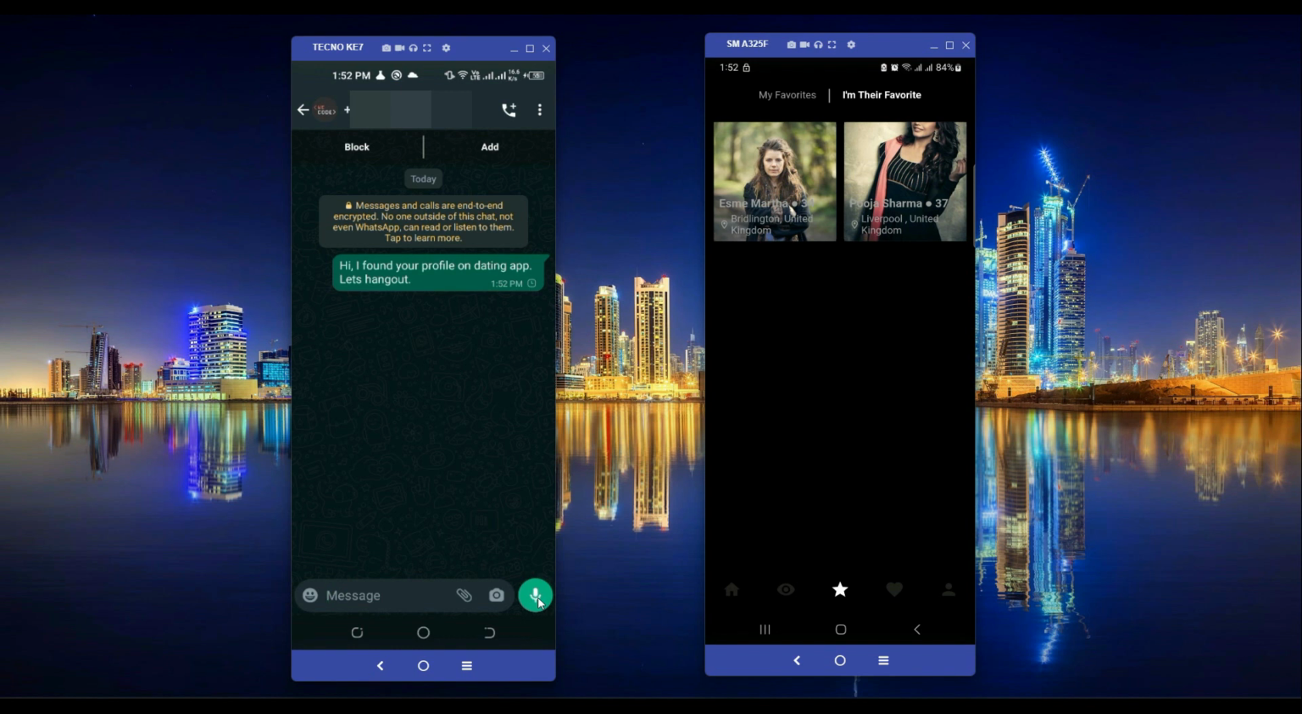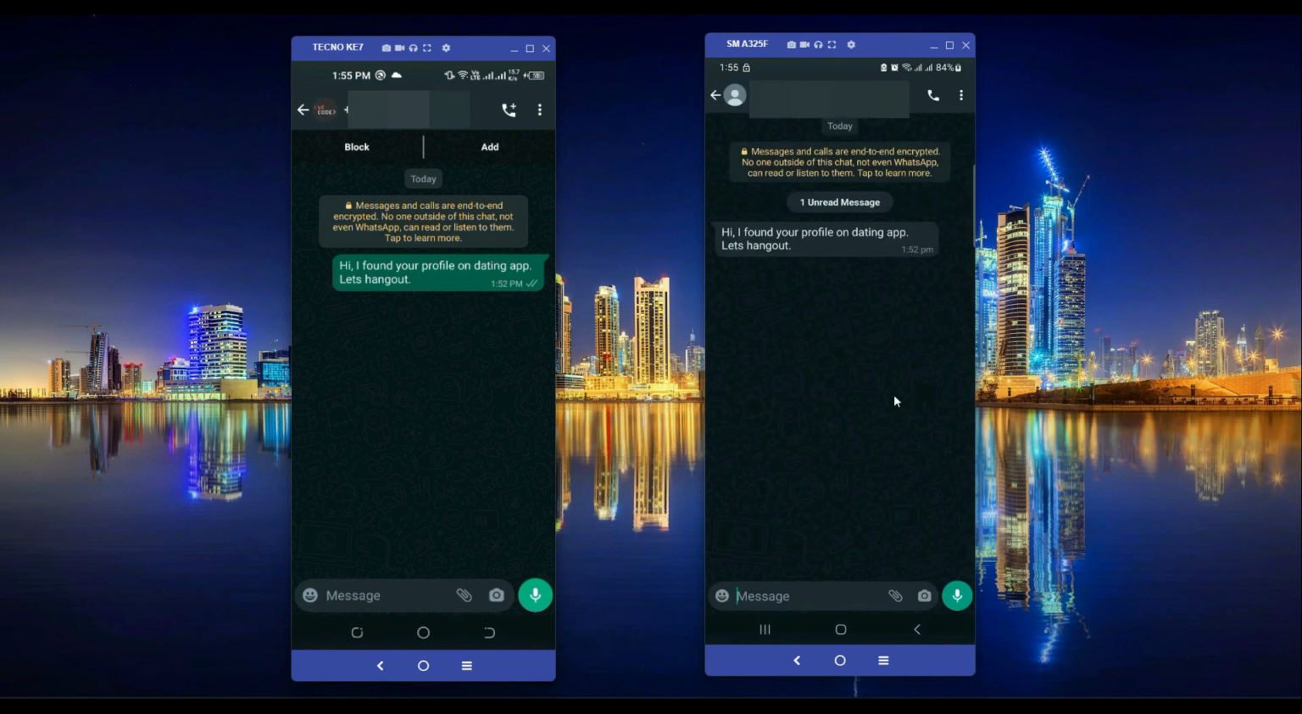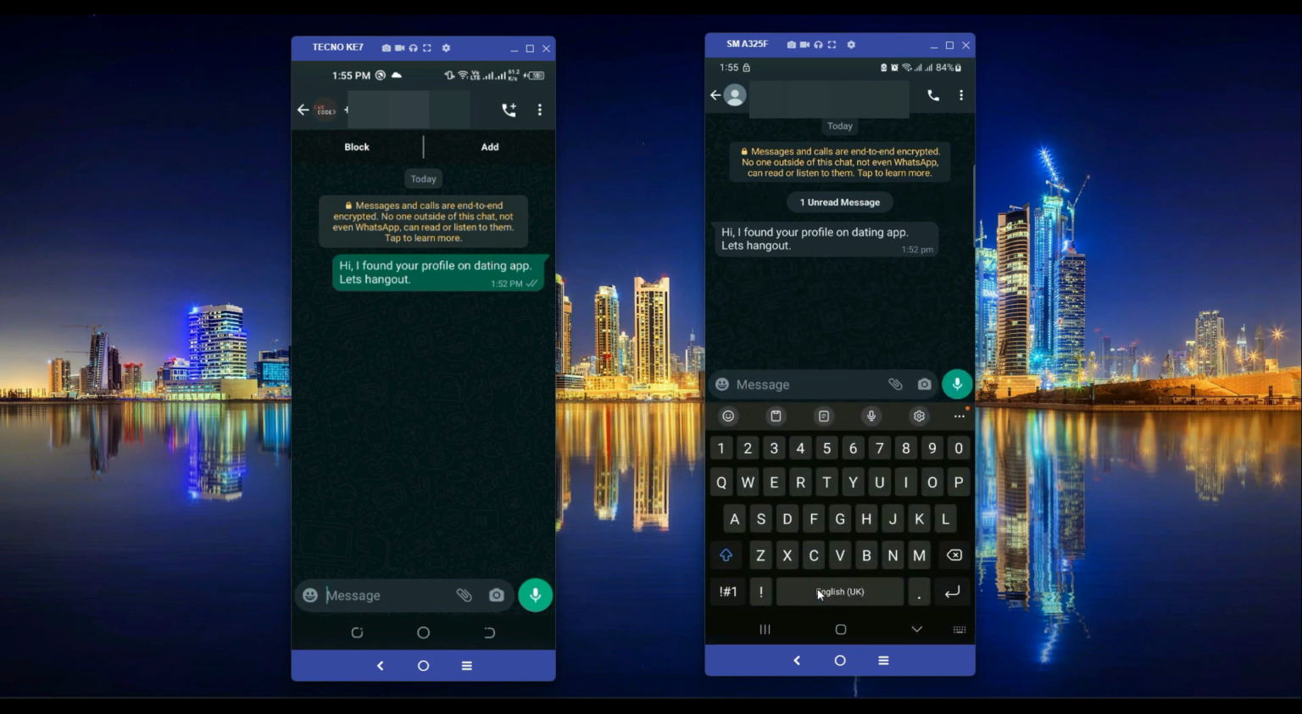So Pooja Sharma can now send the message to John Shelby, and you see that John Shelby received the notification for chat. Now if I open up that notification, hey, I found your profile on dating app, let's hang out. If I click on that notification, it will open up the chat in John Shelby's phone, and John Shelby can then reply, that is, hey,